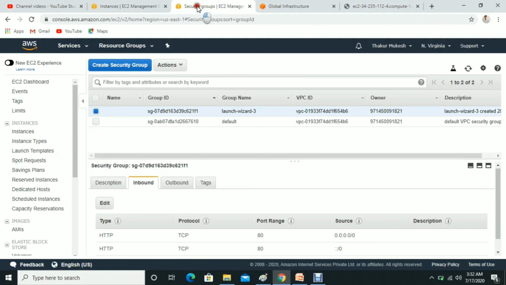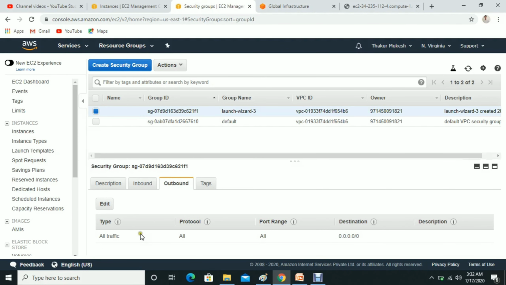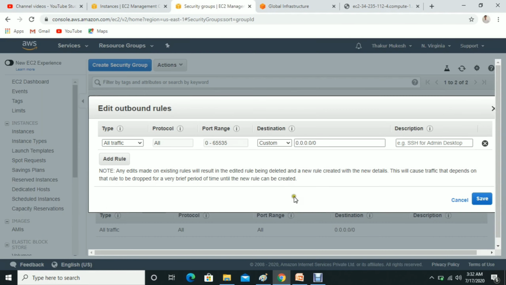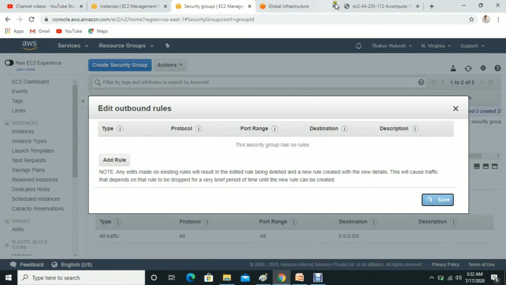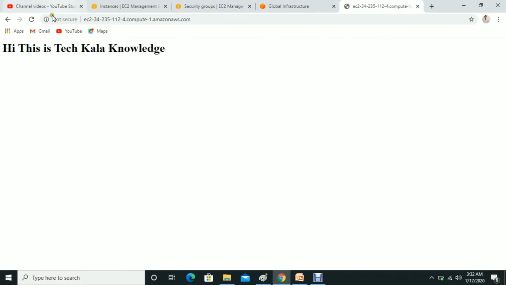Now let me go to the outbound rules. If you delete this one, nothing will happen. Let me show you. Nothing will happen, and it still works.